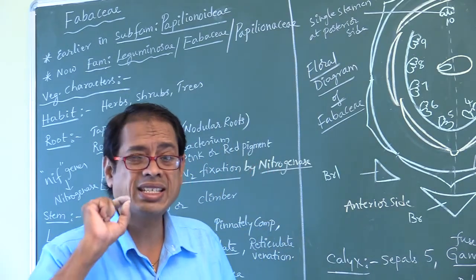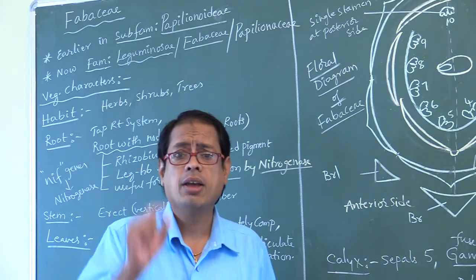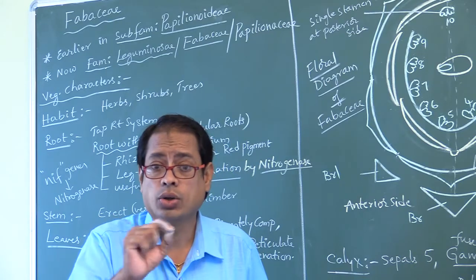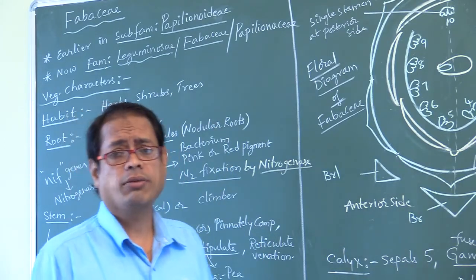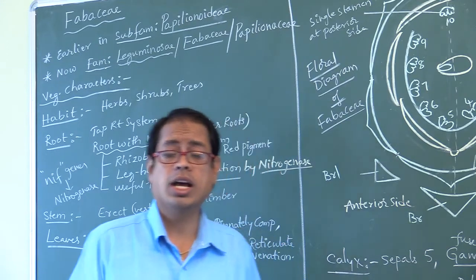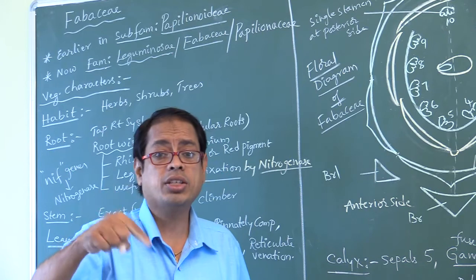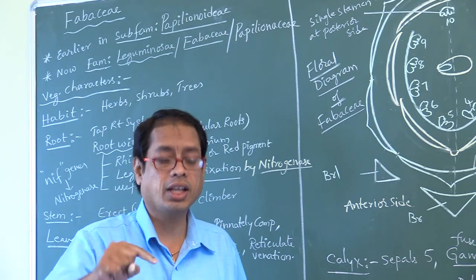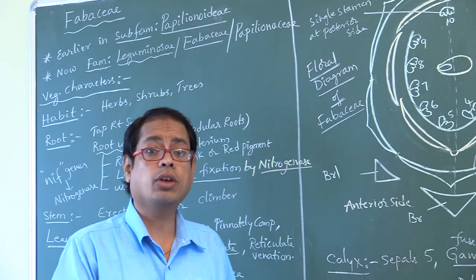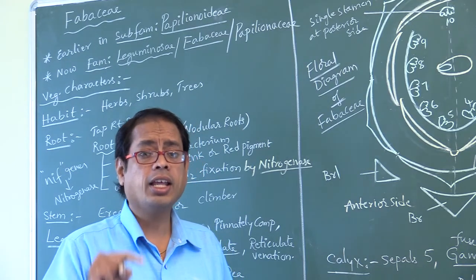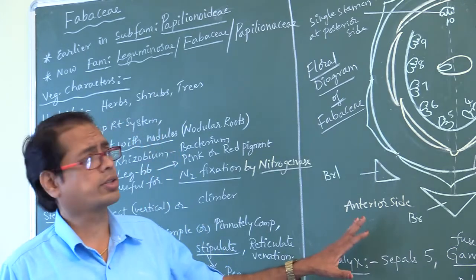Don't say Fabaceae sepals. Vexillary aestivation is exhibited by Fabaceae petals. Don't say Fabaceae sepals. Right. In papilionaceous corolla, the standard petal is at the posterior side. The smallest petals, called keel petals, are at the anterior side. The essential organs are enclosed by the anterior petals called keel petals. Those are some important points.